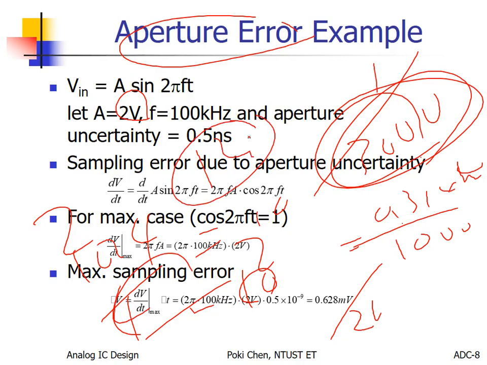Got it? Even though I get a perfect ADC, made by my God, so it has infinite accuracy, congratulations. But unless you get another clock created by your God, otherwise forget about it. You have a perfect ADC, but according to clock jitter, it's really hard to achieve an effective number of bits better than 12.